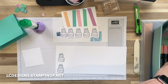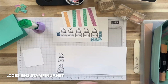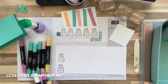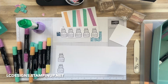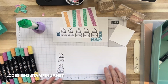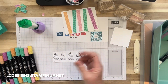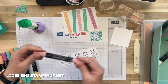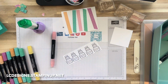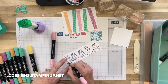And all of our beautiful new color Stampin' Blends. So if you're in my In Color Club, you're going to be getting yours very soon. I ordered this stuff today, as soon as I had some stuff from pre-order, so I was putting some of the kits together. So I just wanted to show you how to stamp. What I did, this is Light Pretty in Pink. So I'm going to start with Dark Pretty in Pink. And I did the inside here with